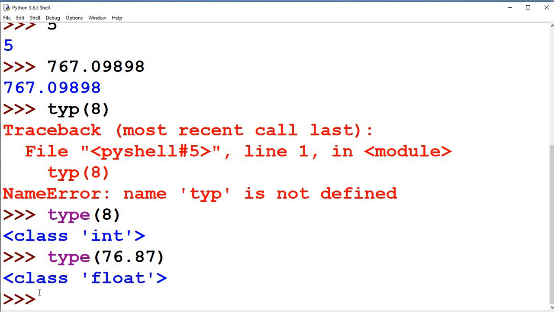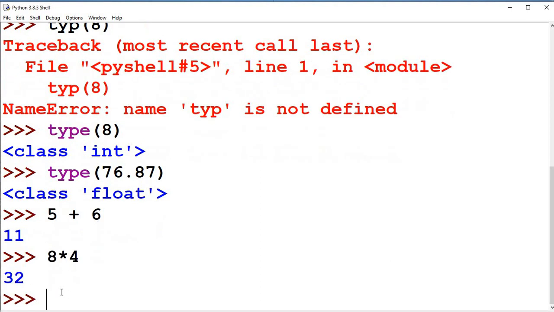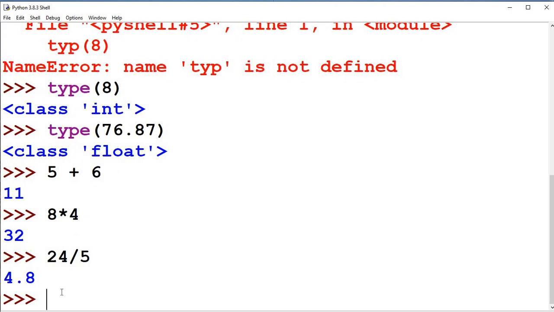So the real numbers that you deal with are of two types, integer and float. In this interpreter that you are writing in, you can use it as a calculator. If you write 5 plus 6, it will calculate. If you write 8 star 4, it will calculate. If you write 24 by 5, it will calculate.